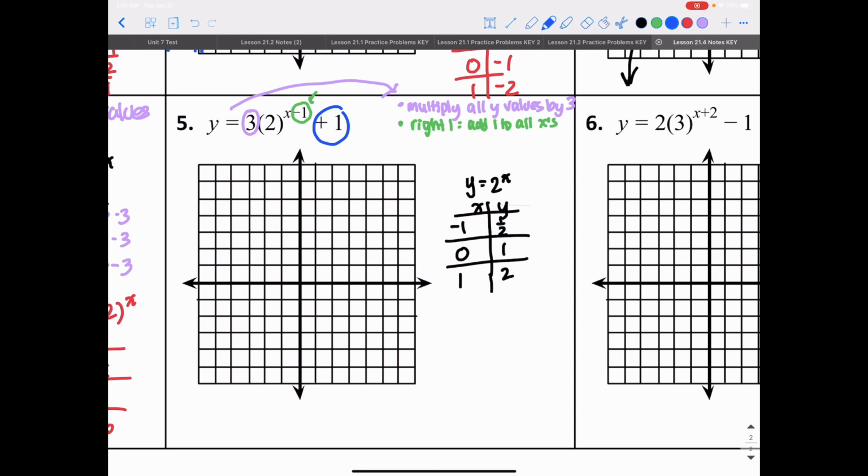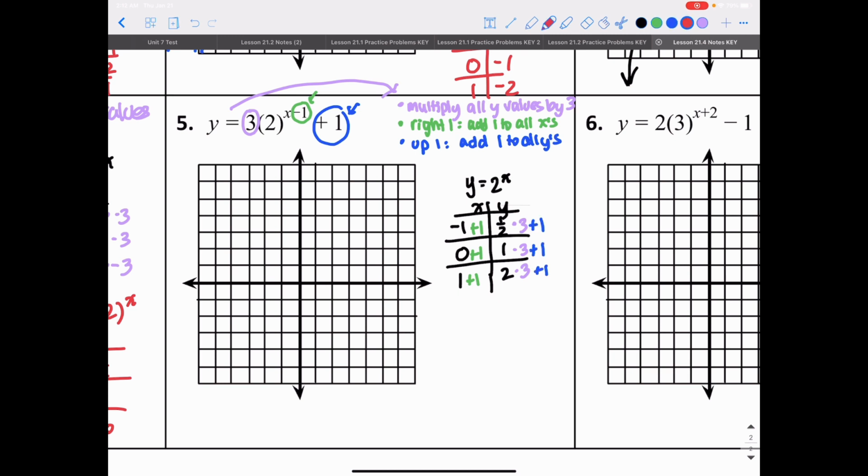And then because I have that plus 1 on the outside, I know I'm moving up 1, which means I'm going to add 1 to all y's. I'm going to start with my multiplication, so I'm multiplying my y values by 3. I'm going to add 1 to all my x values, and I'm going to add 1 to all my y